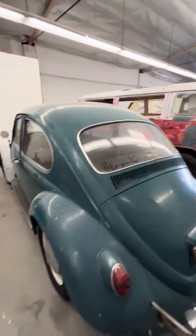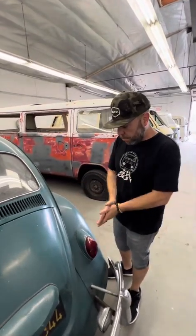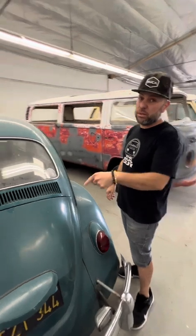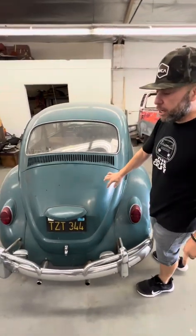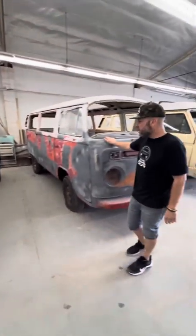We do have to check the engine one more time just to make sure it doesn't need anything else. But we'll see on this one. I have a feeling that we're going to be doing some engine work. And then this one is a